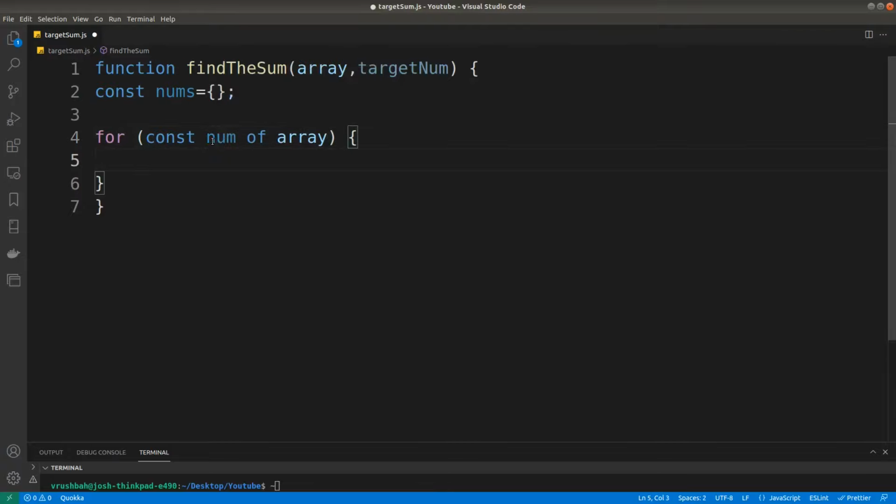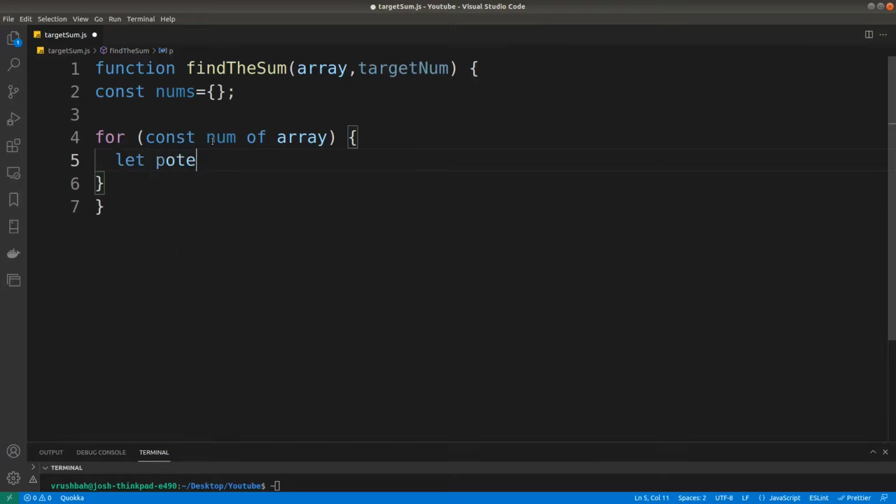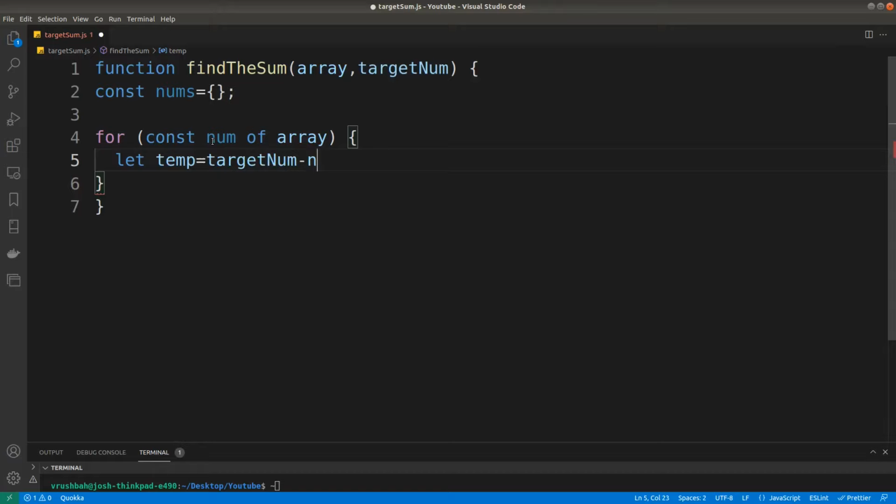We have the num, so we need to find out the potential match. So let's call it temp. So temp will be target num minus the num. Now we will check if this particular temp is present in nums or not.